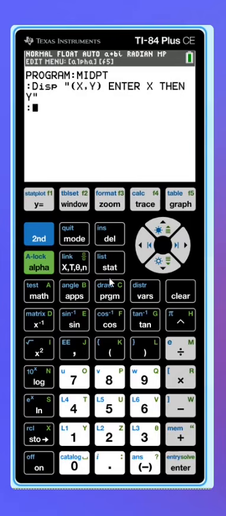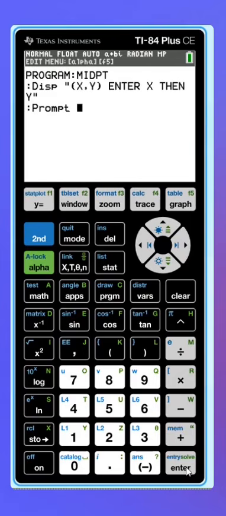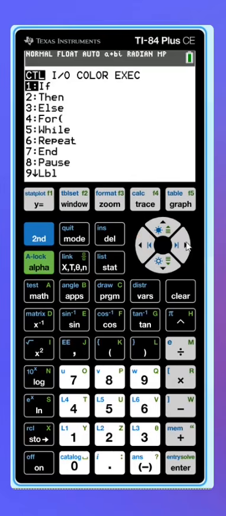Okay, so now we're going to prompt. That gives the user the ability to put something in, and then what we put here is the variable we assign it to. So we want to start with X, or I'll screw myself up. X, and then prompt